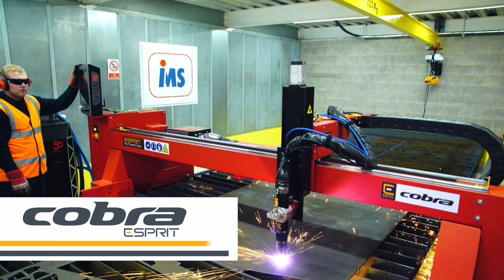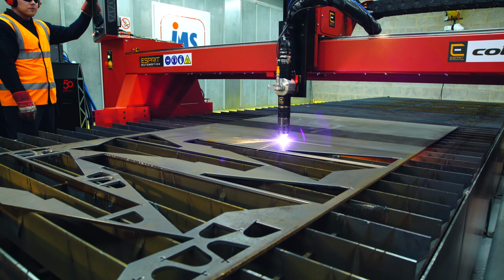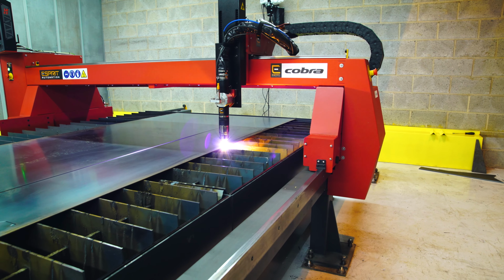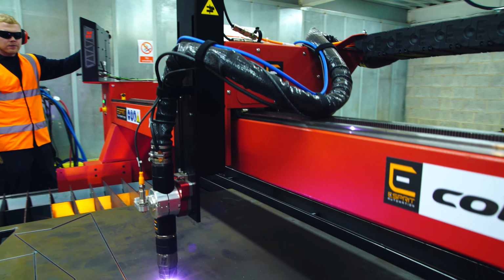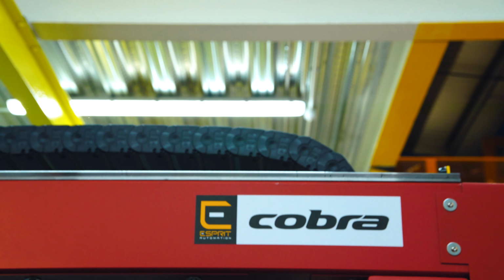At Esprit Automation, we love solving engineering problems. For more than 30 years, we've applied our passion for solutions to industrial cutting applications. For customers seeking a cost-effective solution for heavy-duty, precision cutting and the increased flexibility of flame cutting, we developed the